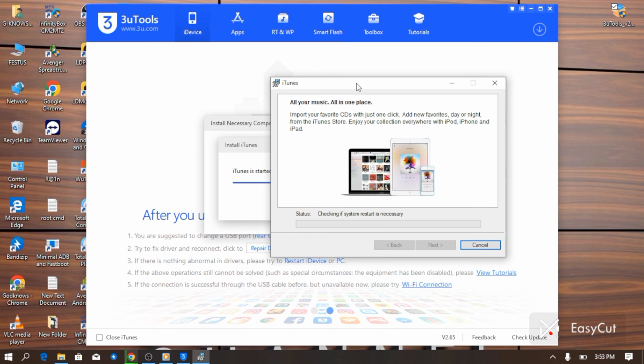It's just a few updates. This is your iTunes properly installed on your PC. You can use this iTunes as well